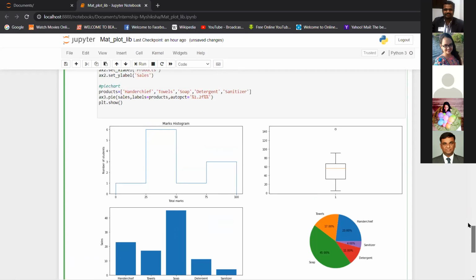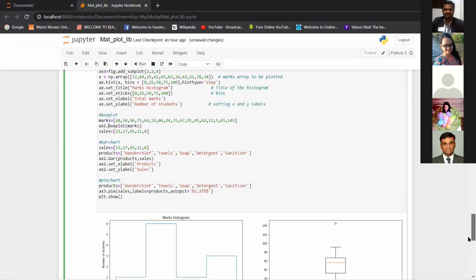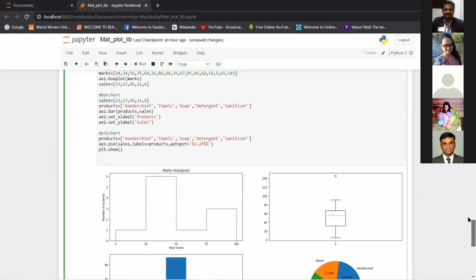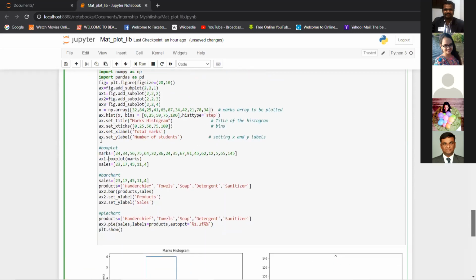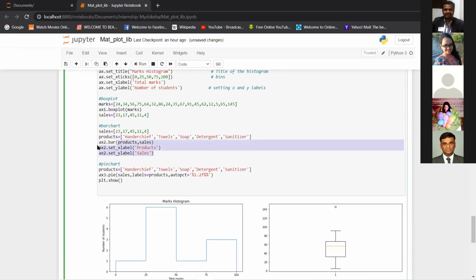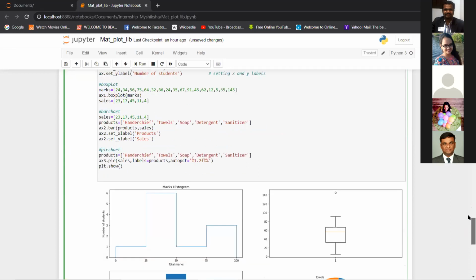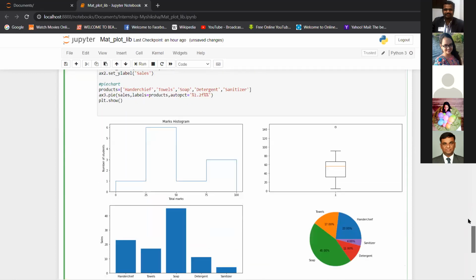Please try this. Subplots can be useful when you want charts in the same figure. If you want to rewrite code, you can write the code in the same block and just define axes according to what chart you want. Then you will get all the charts in the same figure. That's how subplots work. Remember how we have created these axes. So you can try them. If you have any doubts, you can ask.